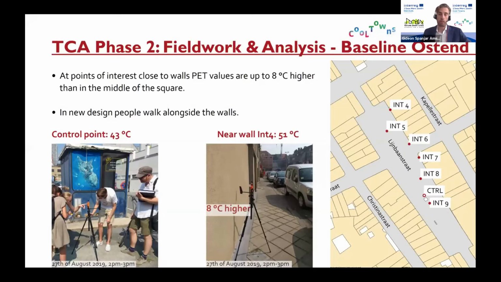Here again, we have Oostende with the baseline. We see over here the control point. In the center of the place, it measured a PET of 43. And here near the wall where an intervention will be placed, it was 51 on a summer day in August. So it actually is 8 degrees higher